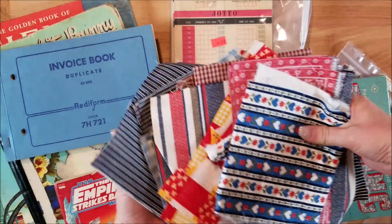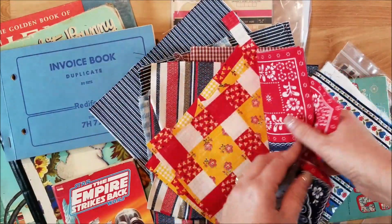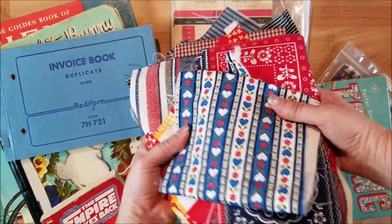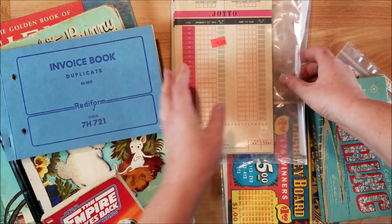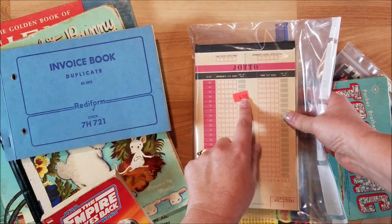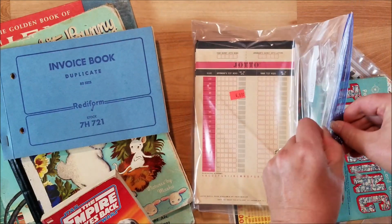So I found all these vintage fabrics here, and this whole bunch here she gave to me for $1. And then I found this package. It was tagged 4, but of course it was 2, but it has a bunch of game